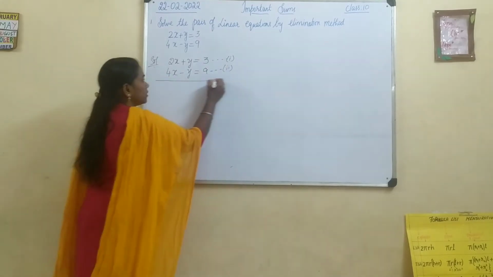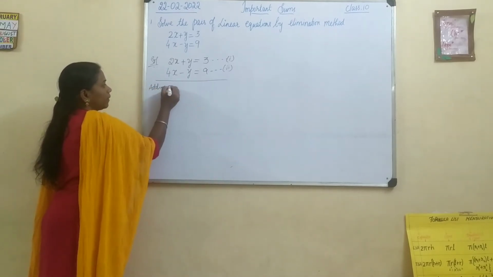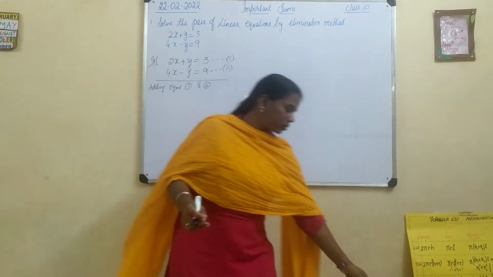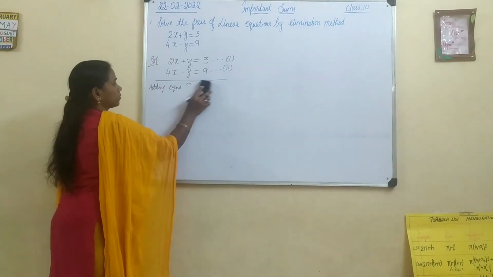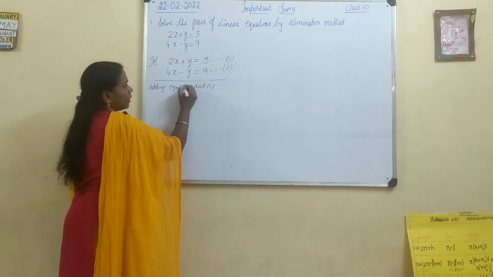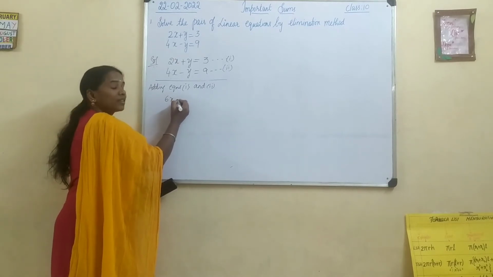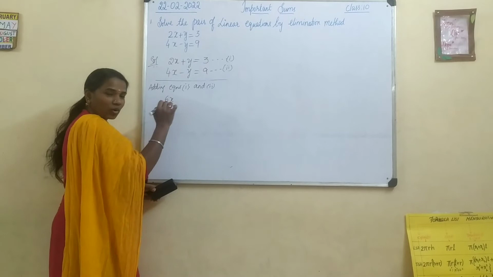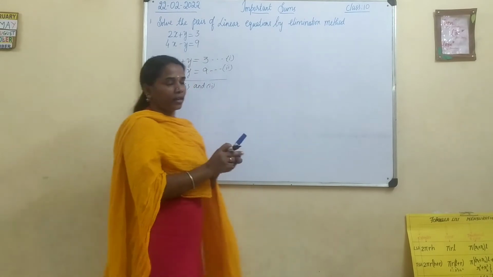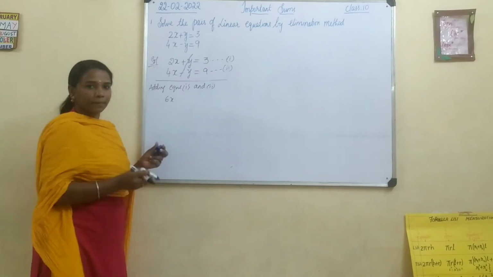Now, let us solve it by adding equations 1 and 2. Adding equations 1 and 2. Okay. So, what do we get here? It is 2x plus 4x becomes 6x. Should I write plus? Not necessary, because plus y and minus y get cancelled. When I add, it becomes 0y. So I need not mention 0y here. Just cancel it neatly. Clear?